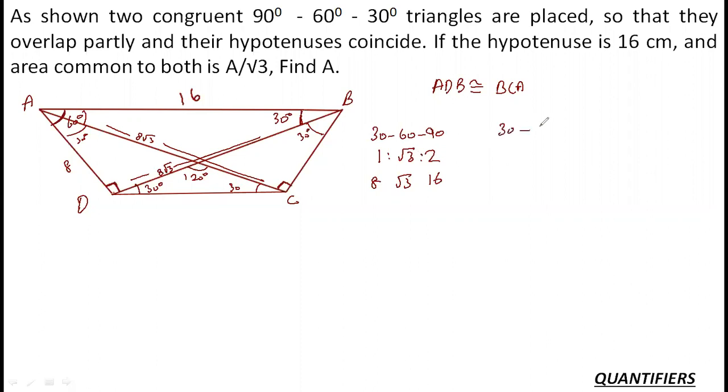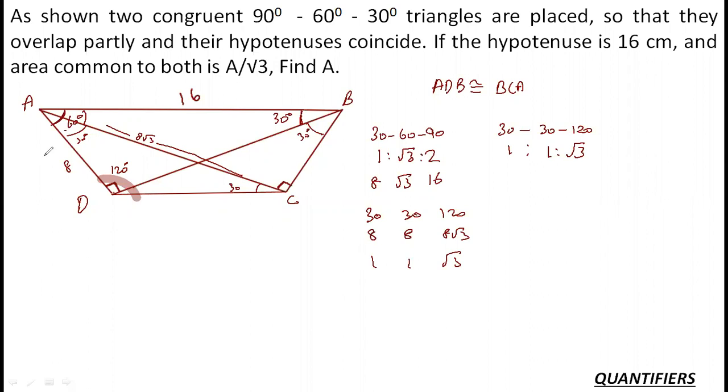Now, what else do we know? If the triangle is 30, 30, 120, the sides are in the ratio 1 is to 1 is to root 3. I can use that because I can see a lot of 30, 30, 120 triangles. So now I know this is 120, this is 30, this is 30. If this complete side is 8 root 3, then in front of 120 I have root 3, and the sides are in the ratio 1 is to 1 is to root 3. So this is 8 and this is also 8. Now this is 8, verified, and this also came out to be 8, right? So this is 8.